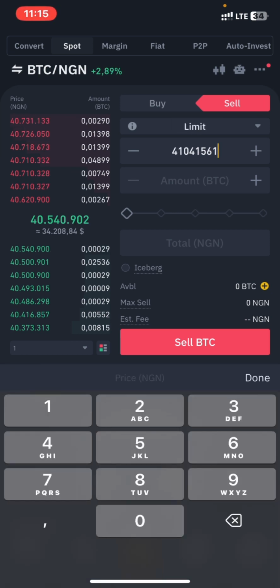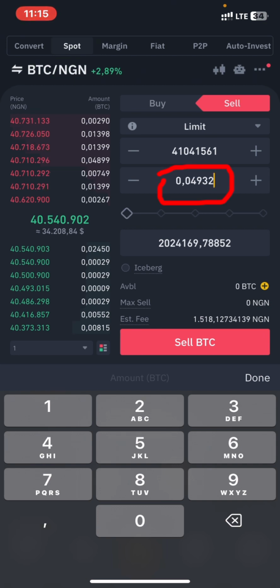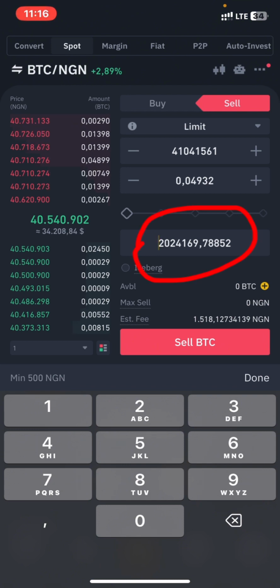So right here, this is the price you'll be selling at on the P2P marketplace, and you remember you received this amount of BTC once you bought with 2 million, and you'll be selling at this price. And this is the amount of Naira you will get in your account once you sell on the P2P marketplace, and that's going to be 24,000 worth of profit you gain in a single trade